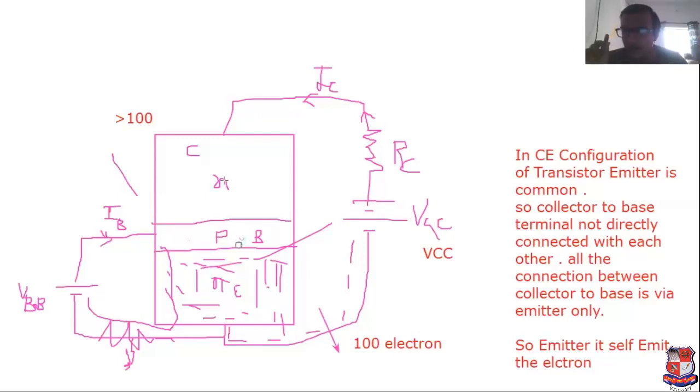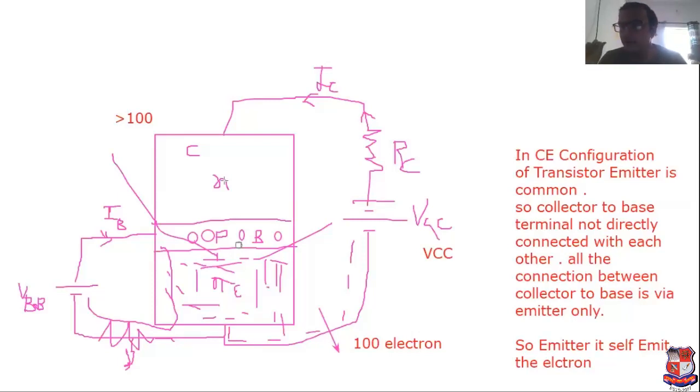Because all the electrons can travel towards the emitter, or all the electrons can travel via the emitter. That's why collector current is always large in the common emitter configuration of a transistor, but in the common base configuration, collector current is low compared to